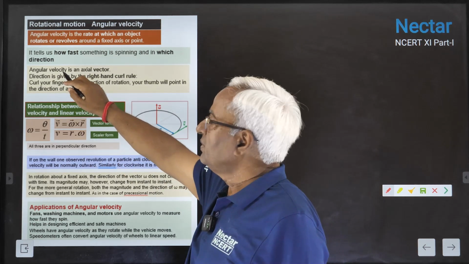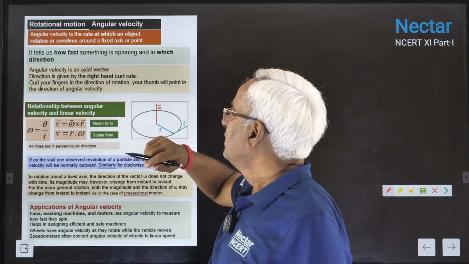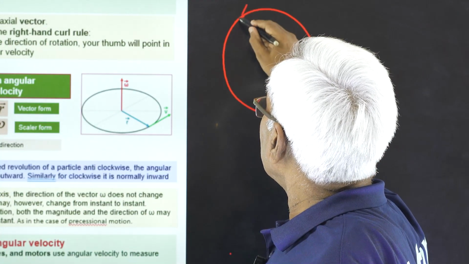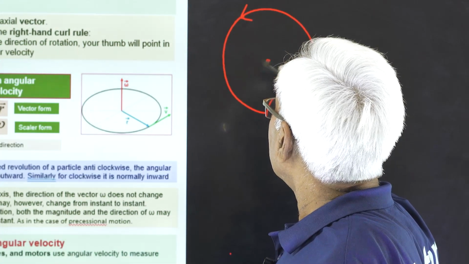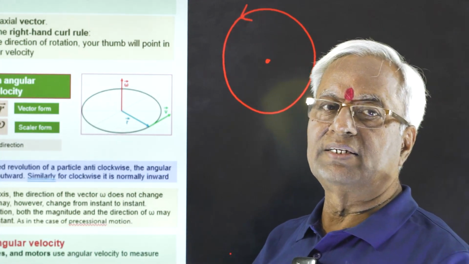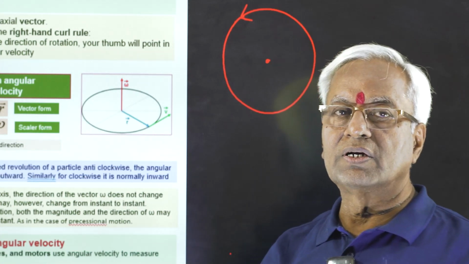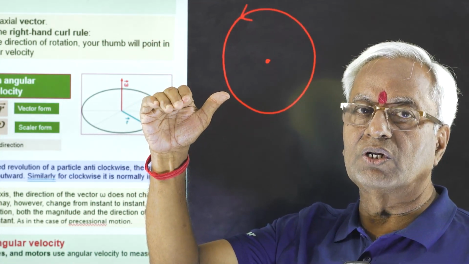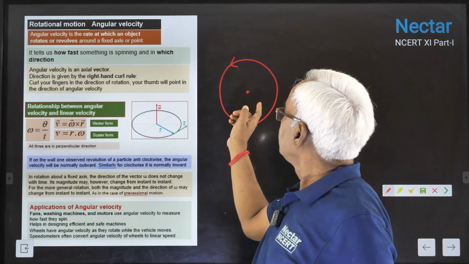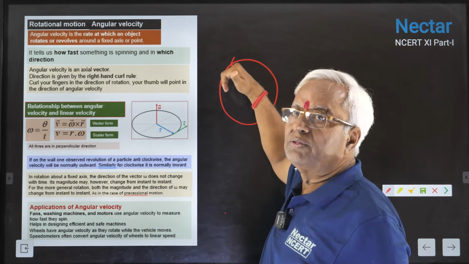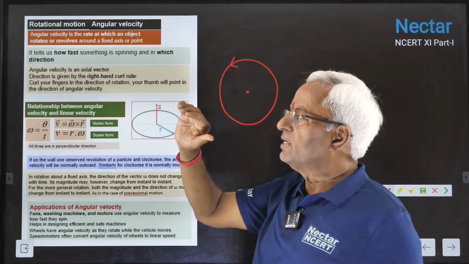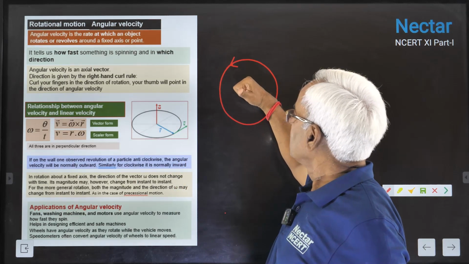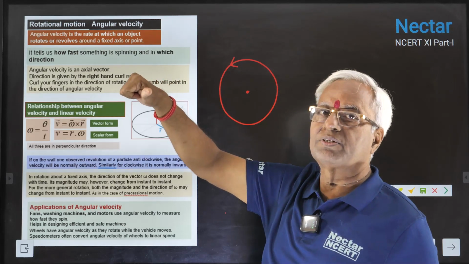Angular velocity is an axial vector. To find the direction of angular velocity, we have to use the right-hand curl rule. We curl our right-hand fingers in the direction of rotation. For example, this is anti-clockwise rotation. We'll curl the fingers of our right hand anti-clockwise this way, and the pointed thumb will give the direction of